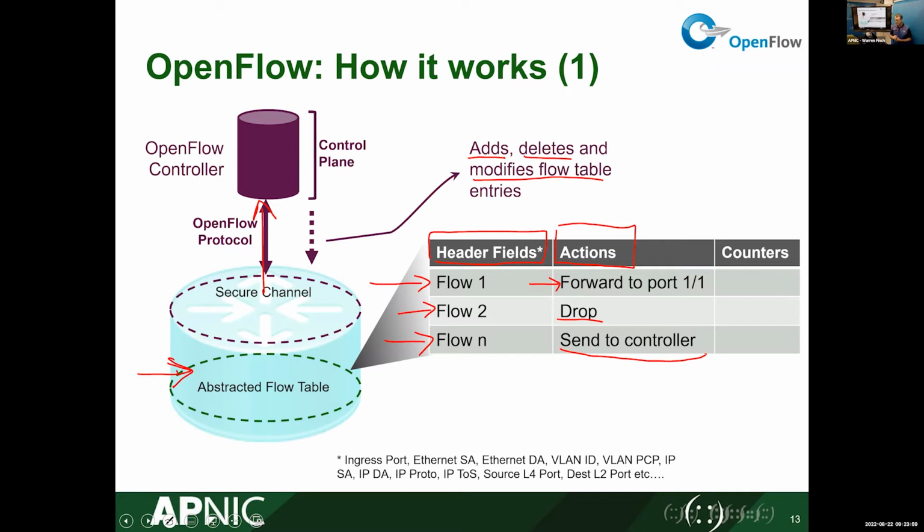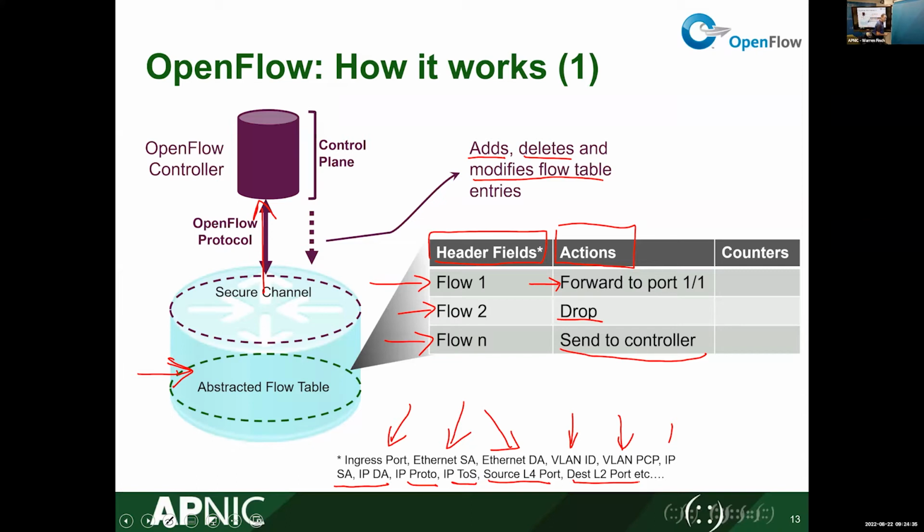Some of the header fields, if you think about the most common header fields that you use in your network, are things like: which port did you get this traffic on? What's the source and destination address? Is there a VLAN ID? Remembering that this is looking at the switch. What is the IP source and destination address, the protocol that's used, the service, the layer 4 port,